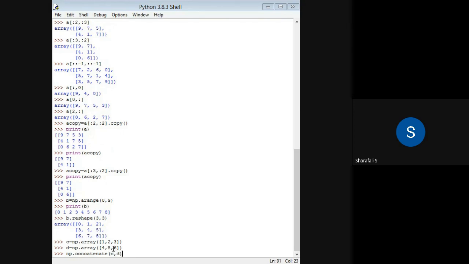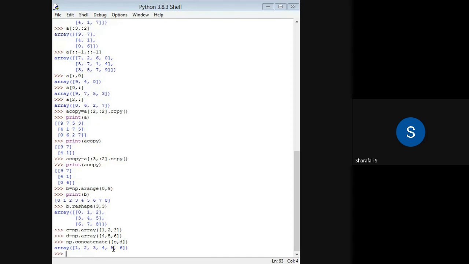Just give those names, and we have to give brackets here. Then just press enter, and you can see these two arrays are concatenated into a single array. And this is also possible with other dimensions.